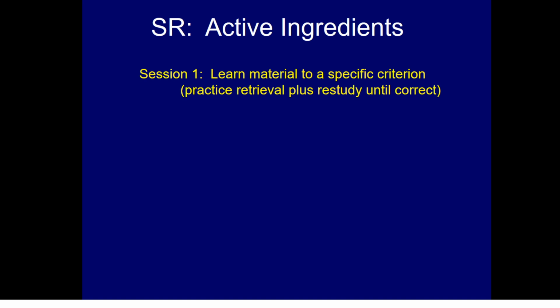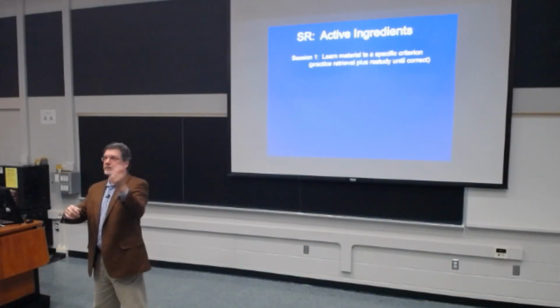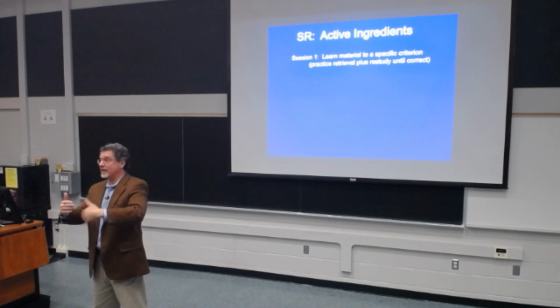So the active ingredients are session 1. You learn material to a specific criterion. The best way to explain this, although this is not the only way to do it, is just think about flashcards. Test yourself on one. If you get it right, you drop it. If you get it wrong, you put it to the end. And you keep going until you can correctly answer the question for every one of those flashcards, and then you're